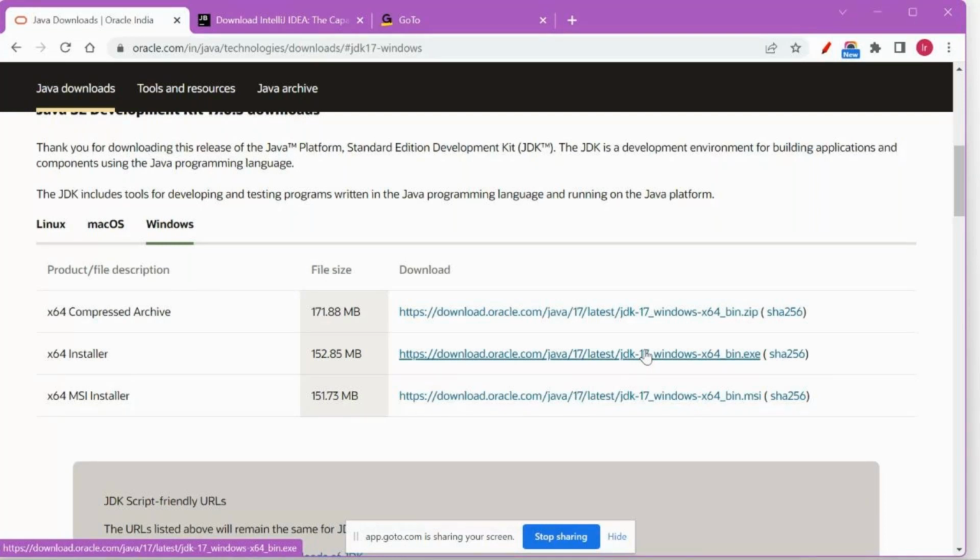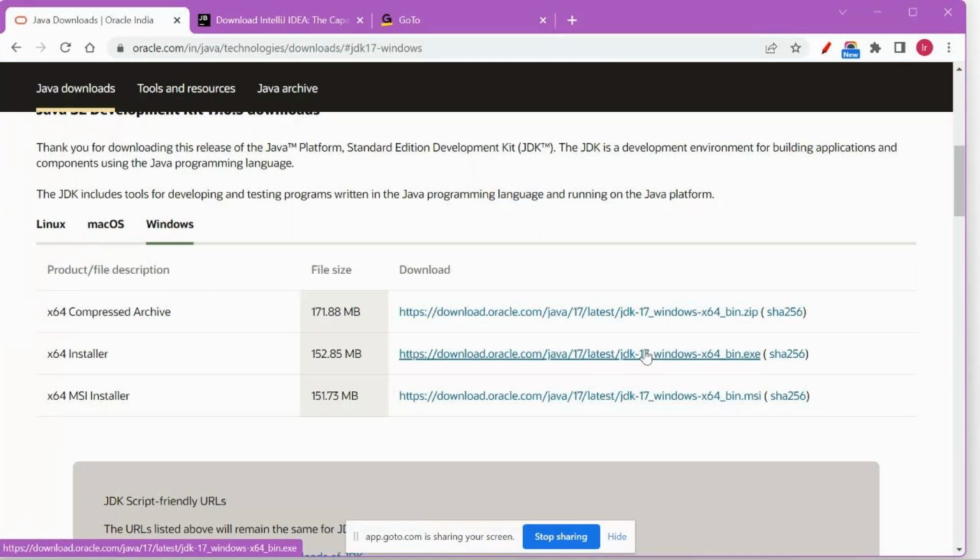Any software, you would have done so many software installations, you will have an exe file. When you double click on it, it will open. You will get a prompt. In the prompt, it will ask you to click on I agree, the radio button. Once I click on it, then the regular process, you have to click next until you see a finish button. Once you see the finish button, that's it, the software is installed in your machine.